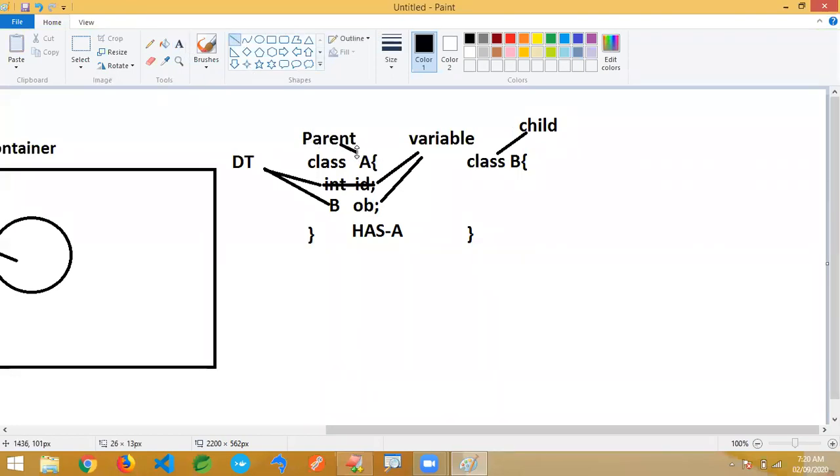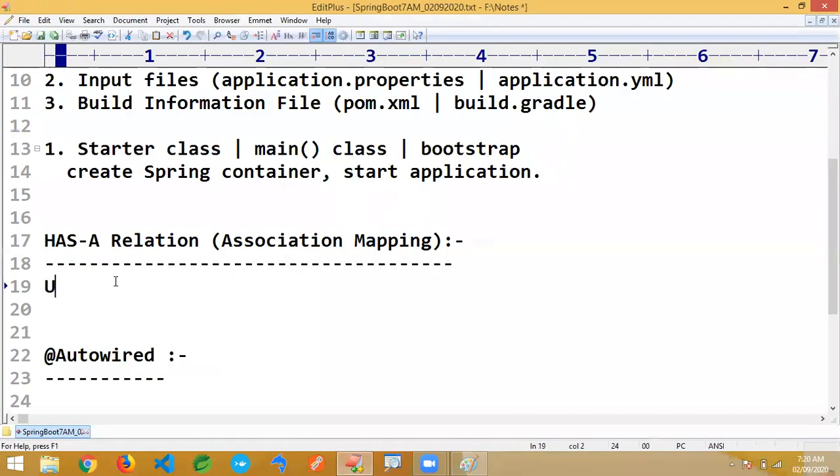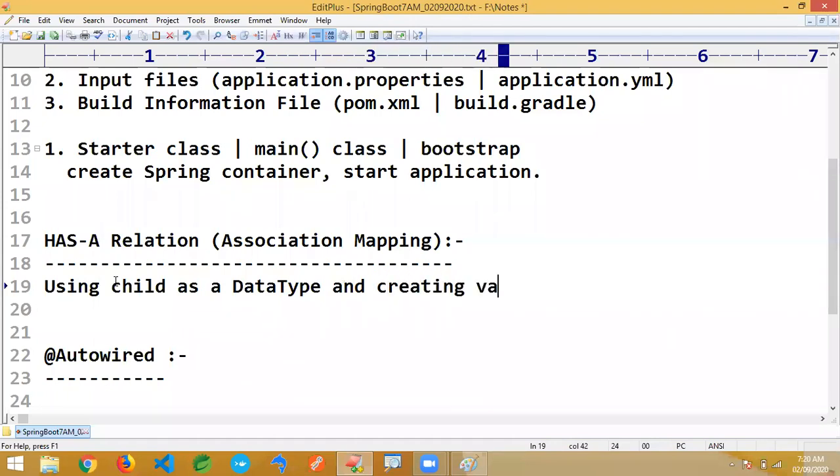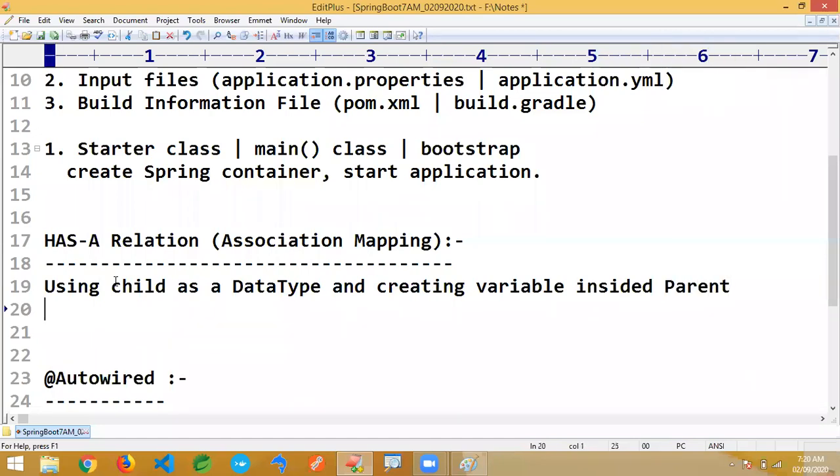So now the definition: using child as a data type and creating the variable inside the parent is called HAS-A relation.